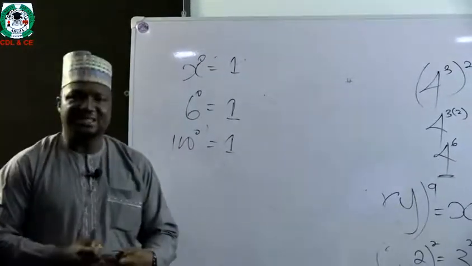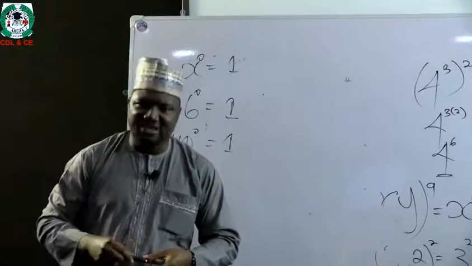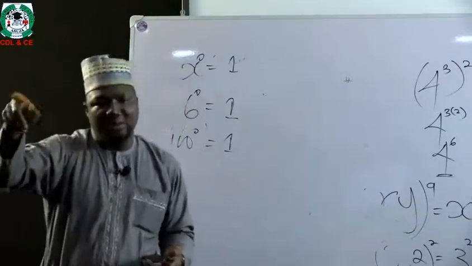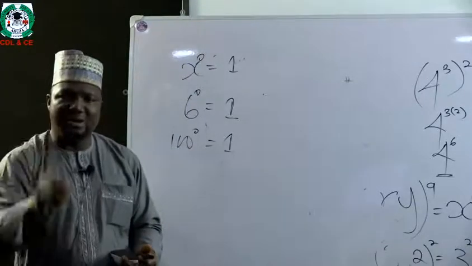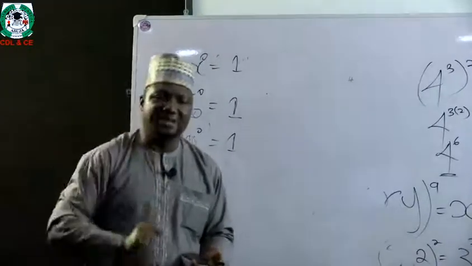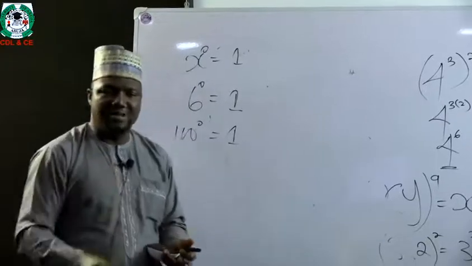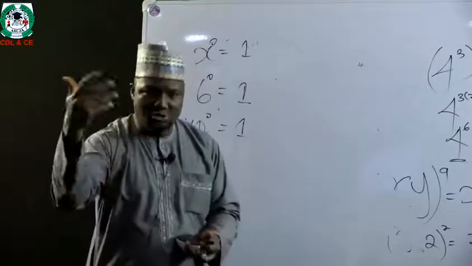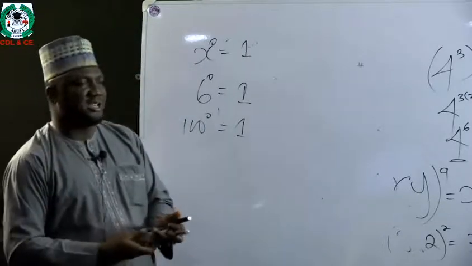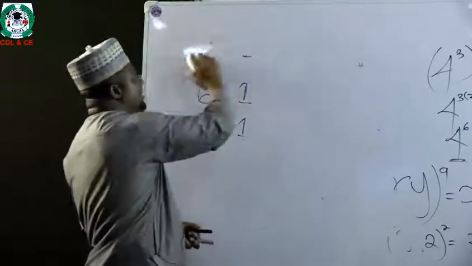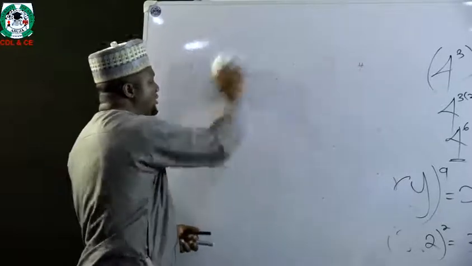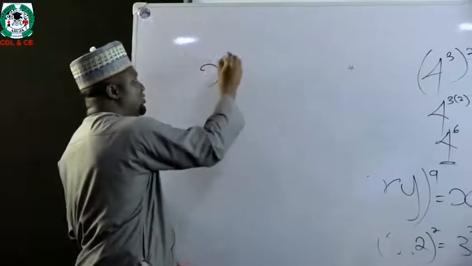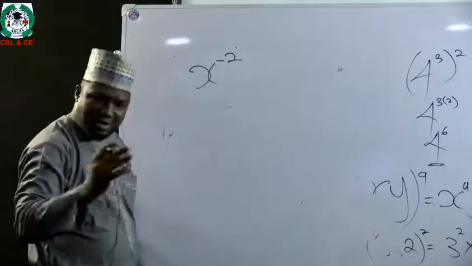The law simply states that whenever a base is being raised to a negative index, maybe minus something, to remove that minus, we simply find the reciprocal of the base. What do I mean by the reciprocal of the base? We simply say 1 all over the base raised to that power without the minus. What I am trying to say here is simple. Let me illustrate what I am trying to say on the board. Supposing we have x raised to power minus 2. According to the law,